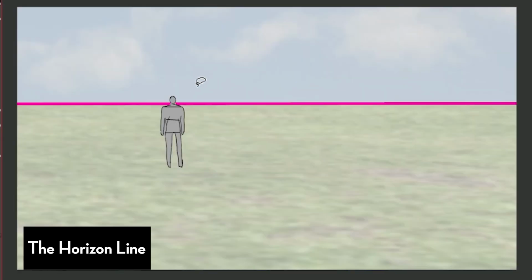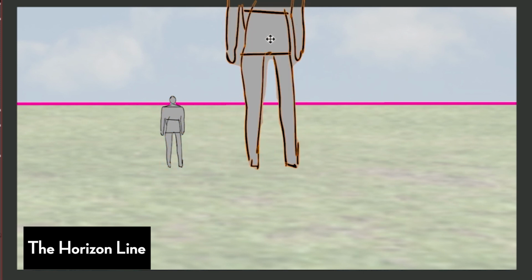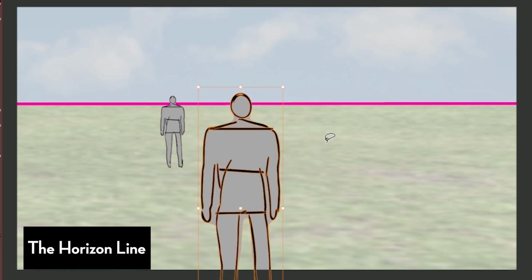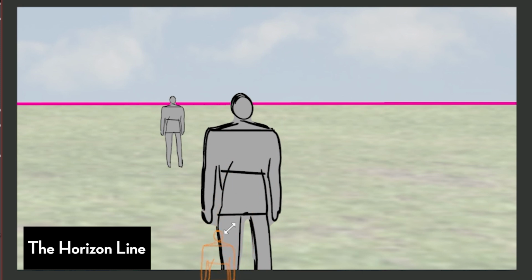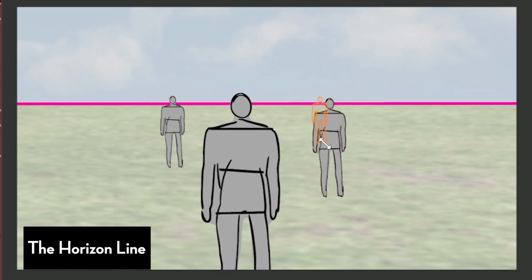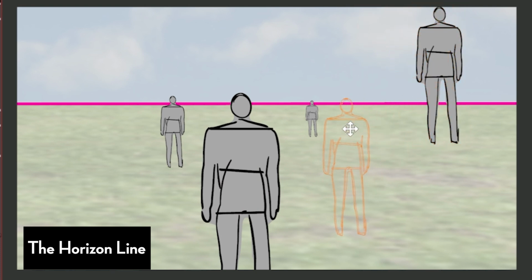Now here's why perspective is great for visual problem solving. Let's take a figure of a man, and we're going to add multiple copies of the man, with all of them being the same height and size. However, we're going to place them all over the scene, placing them in different depths, some of them being closer to us and some of them being further away from us. We're going to resize them with the power of digital tools for the time being.